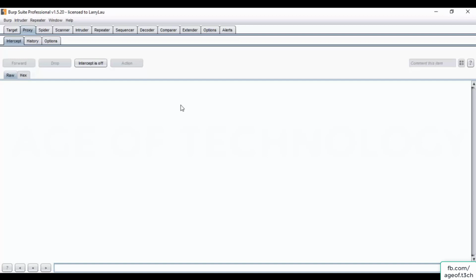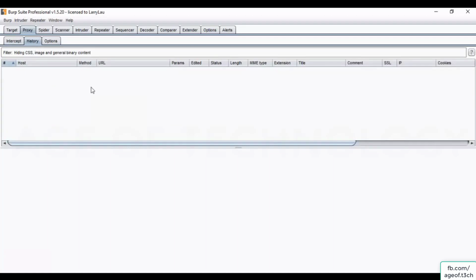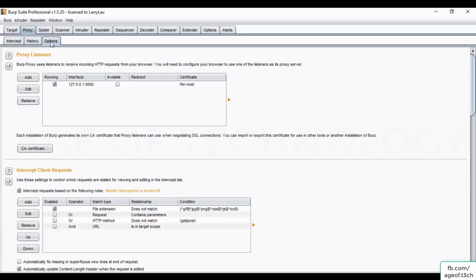So I'm giving an explanation of how you can configure or modify your Burp Suite Professional. In history, you will find whatever you are searching or testing in your browser. In options, you can see here that it works on the localhost 127.0.0.1 and it is using port number 8080. 8080 is the default port number for Burp Suite, right? And later